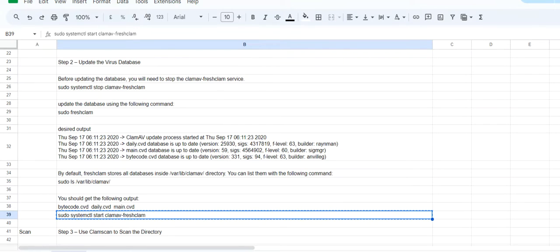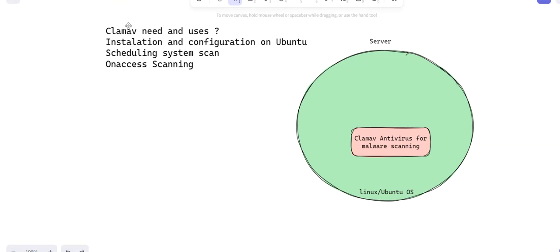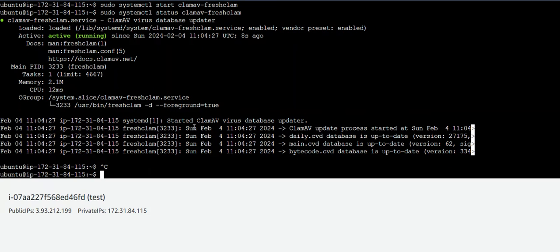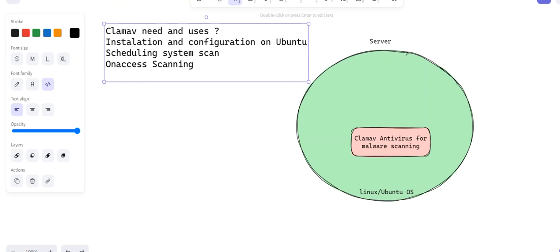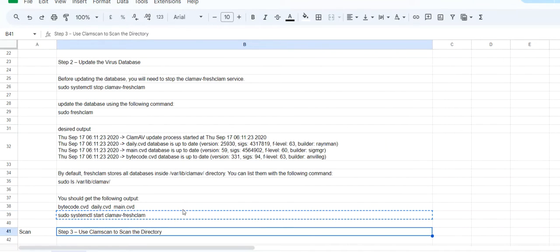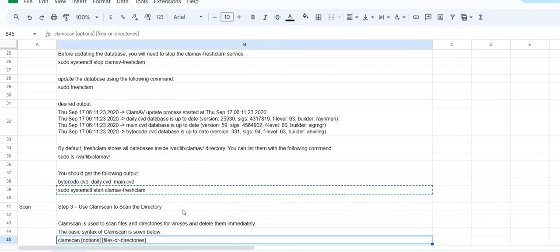So here two parts are done: installation and configuration, and upgrading. Configuration of scheduling and configuration of on-access scanning are pending. We will do them in the next step. So we are back, and to scan the directories we can use